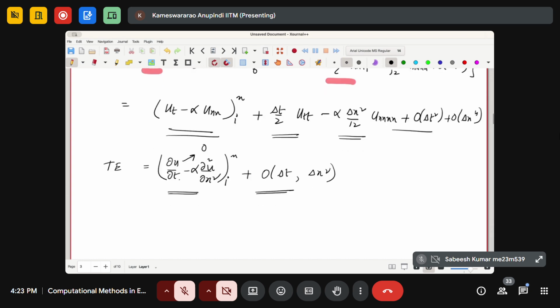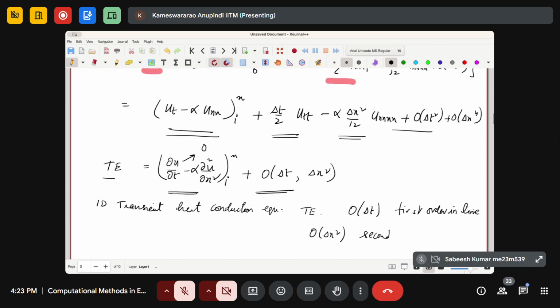That means we can say that the truncation error for the one-dimensional transient heat conduction equation is order delta t, that is first order in time, and then order delta x square, that is second order in space. Okay, now from here you might wonder, we have done such a long procedure,